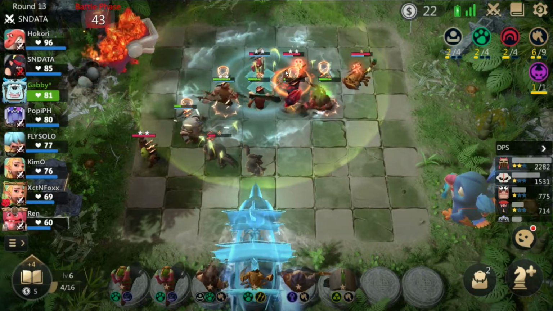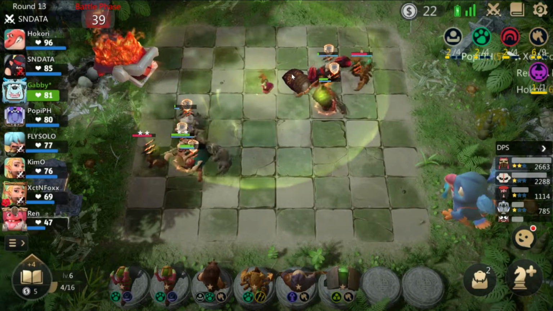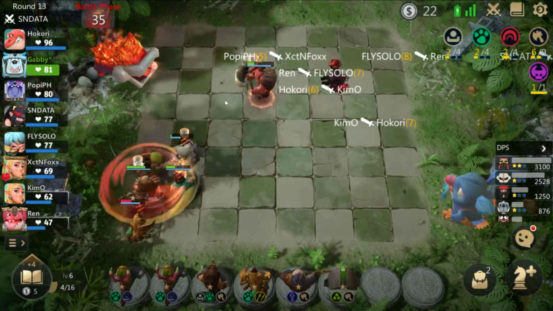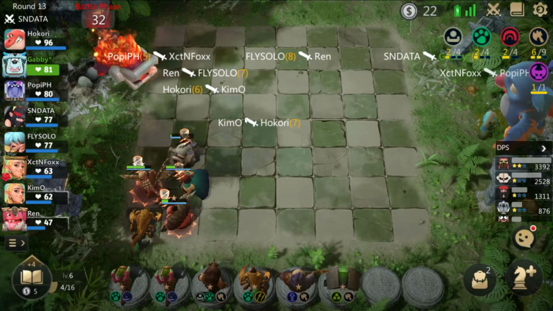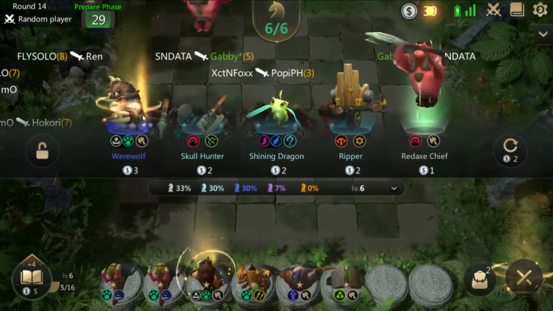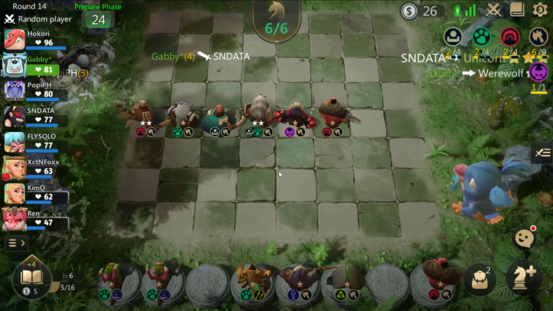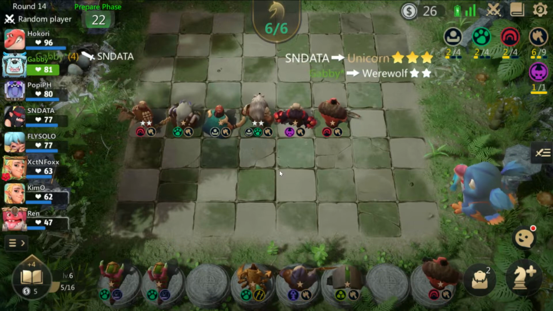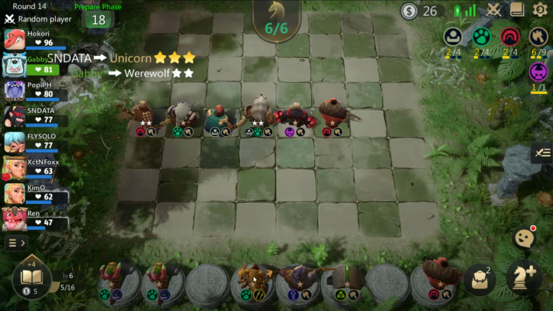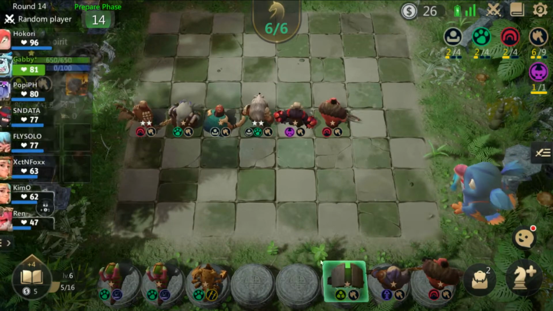composition, I think I can easily win against Santata, which is running Druid Beast. Yeah, I think it's Druid Beast. Mid game, if you manage to get wolves to 3 stars, who would have guessed? But given that it's only Sandata who managed to 3-star his unicorn, and I with the 2-star werewolf, things are